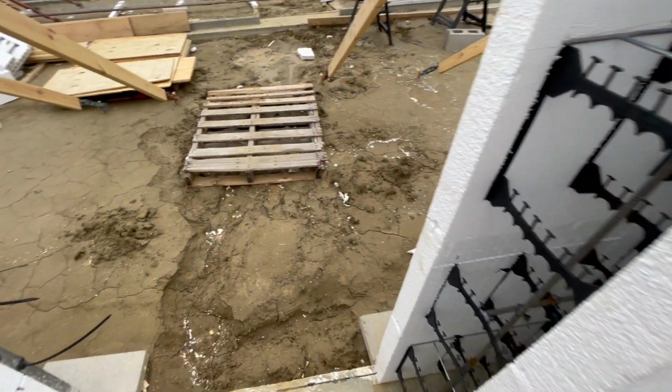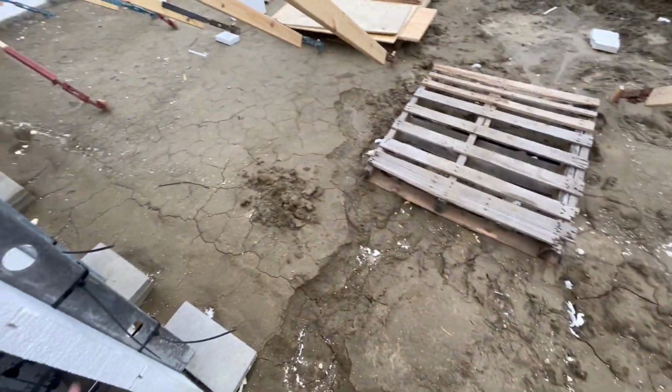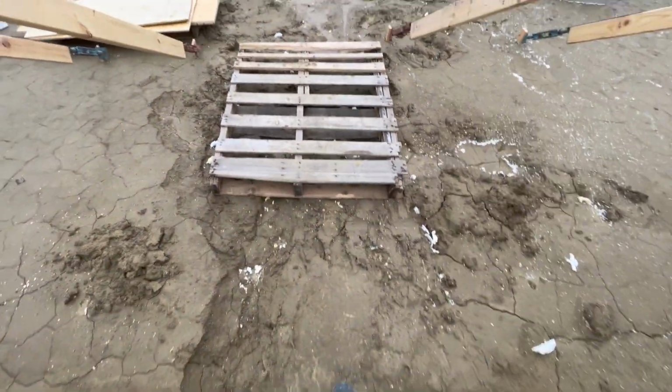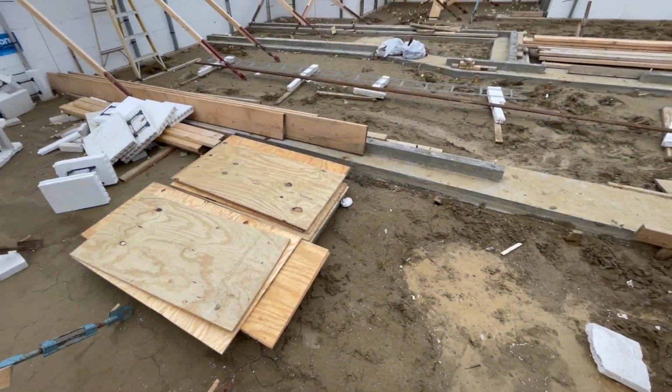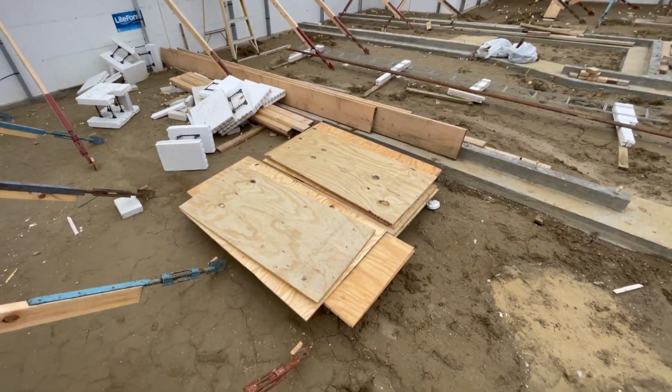swamp. And I kind of need to be here to work on this stuff. I mean, I can work on this from this side, but this isn't necessarily dry either. I mean, there was standing water. It's insane. So basically what's happening is, and these videos are delayed on their upload,